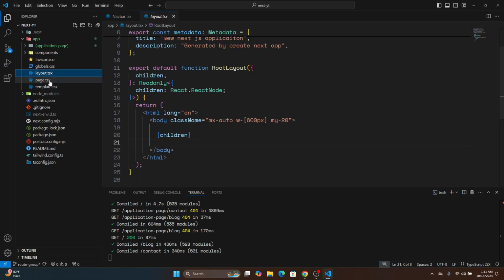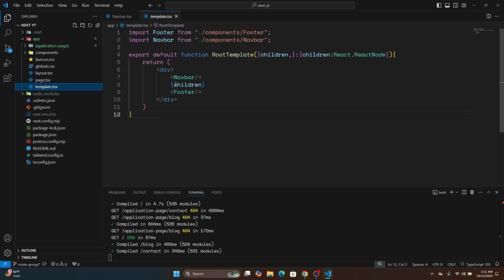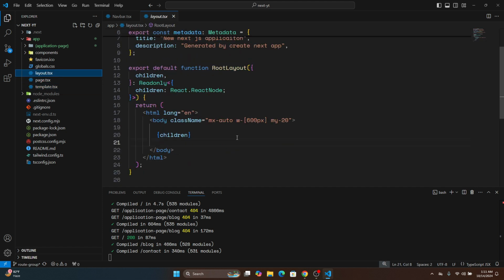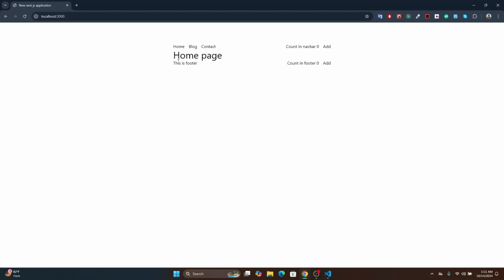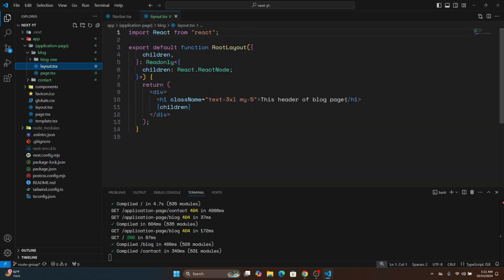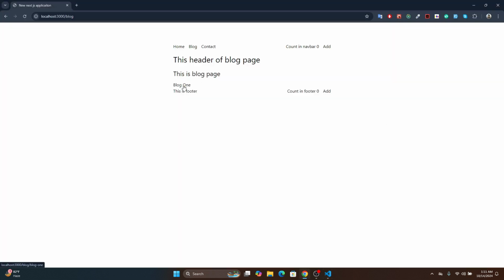The home page has only one global layout, and I have changed the template, so there is nothing else in the layout. That's why the homepage is intact. And when you go to the blog page, this is the header from the blog page, so this layout is applying. And when you go to blog one, there is also one, this is the header of blog one. So the header of the blog page and the header of the blog one layout